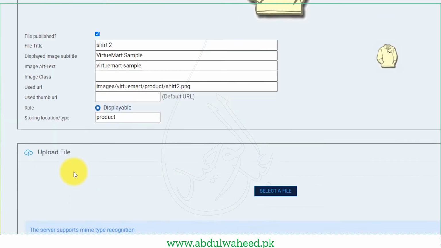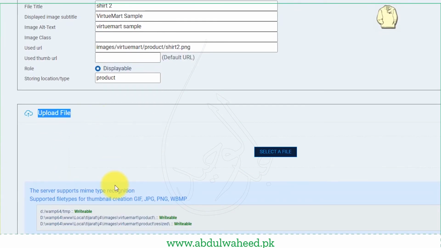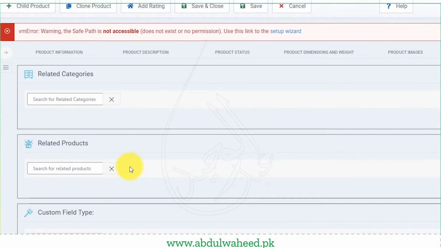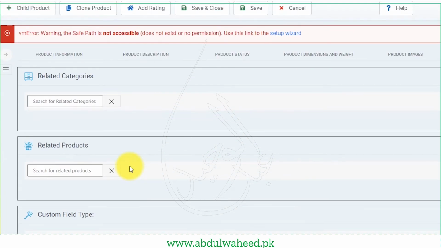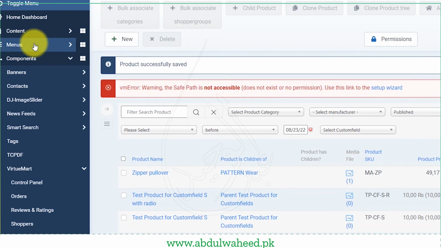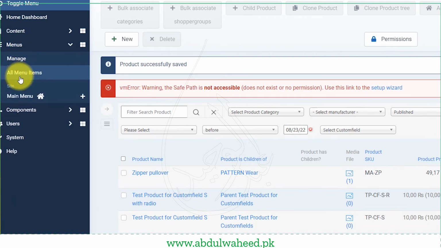You can upload the images from here, and in the very last we have custom field. I will teach you in advanced level about the custom field. Now save and close it. Now I will go to the menu. I will go to the main